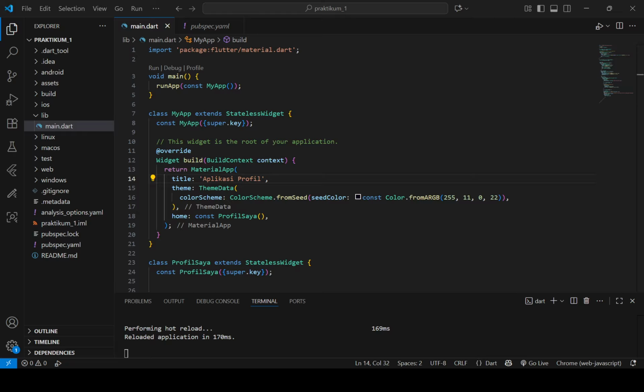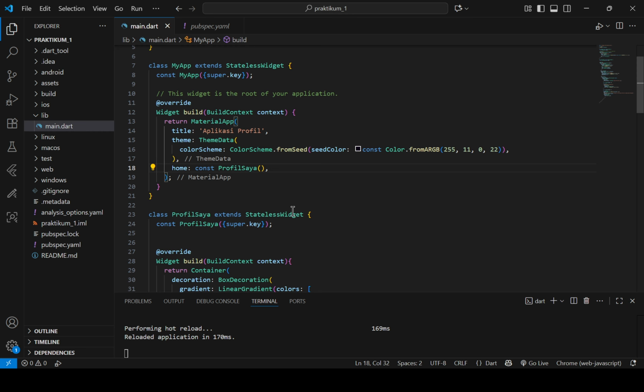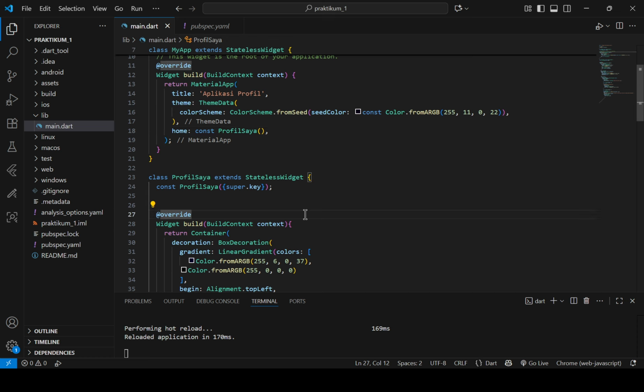Importantly, we point the home to our main screen, which is ProfileSaya, another class that also extends StatelessWidget. This is the heart of our screen, a stateless widget as the content doesn't change.